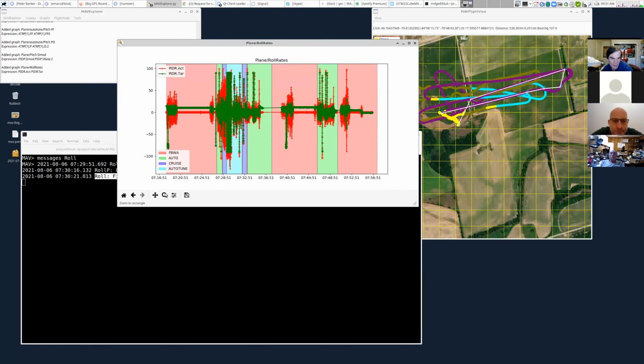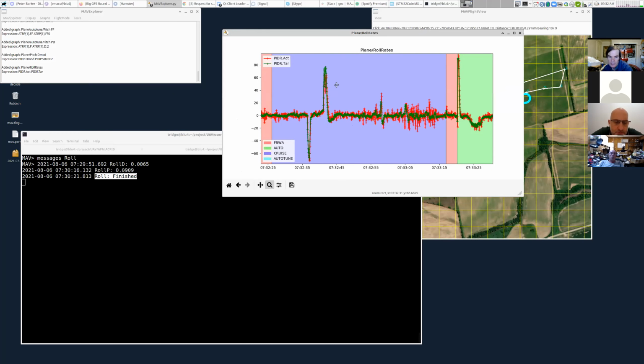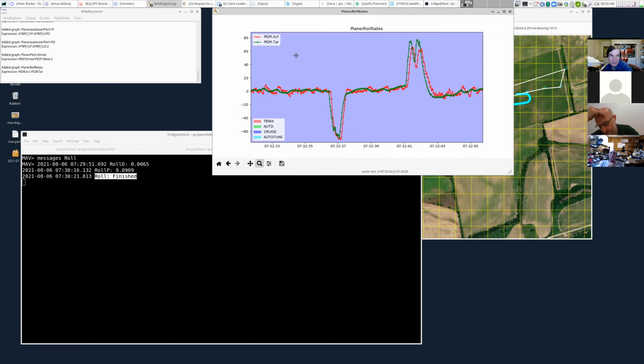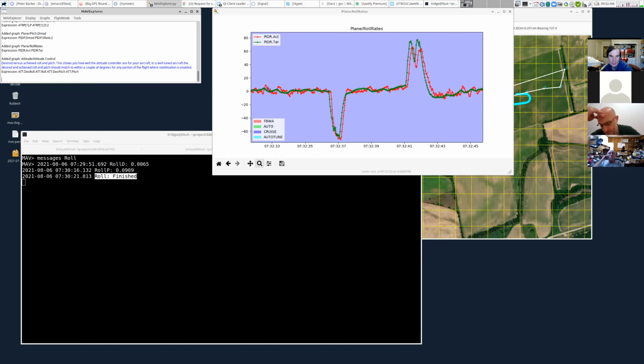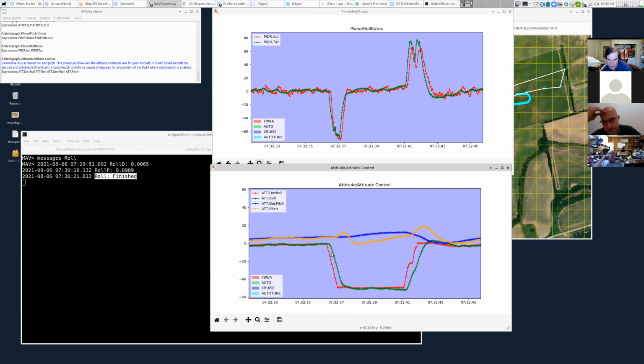So after the end of that auto tune here, he then did a little bit of flight, and we can see this cruise mode where he did a couple of turns. And one of the key things people often don't understand is that the attitude controllers in ArduPilot are rate controllers. So the key thing to check is whether it's achieving the desired rate. Achieving the desired attitude won't necessarily happen depending on your time constant, how rapidly you're trying to do the turn. So if we have a look at the attitude control here, which is what people ultimately are wanting to achieve,